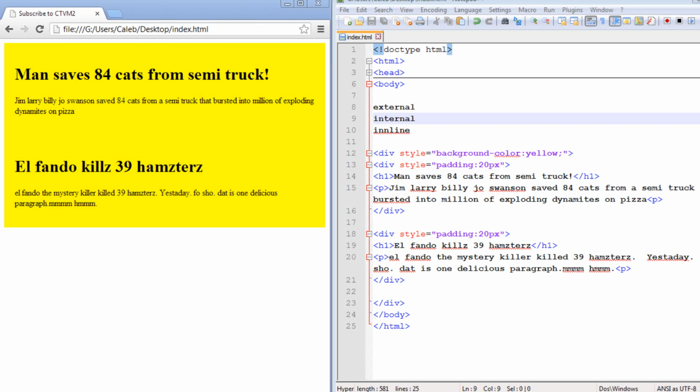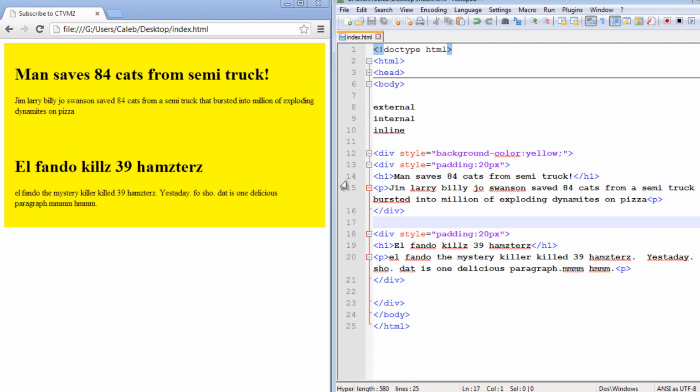So, now we're going to learn about these three types of styling: external, internal, and inline. I spelled inline wrong. That's okay, though. Now, when we're styling, sometimes it's convenient to do a quick style like this. Although, if we're going to do that for every single piece of information on our entire website, it gets pretty